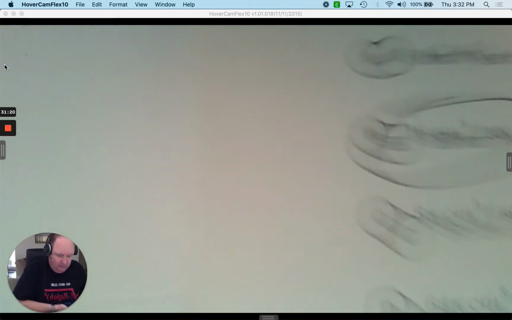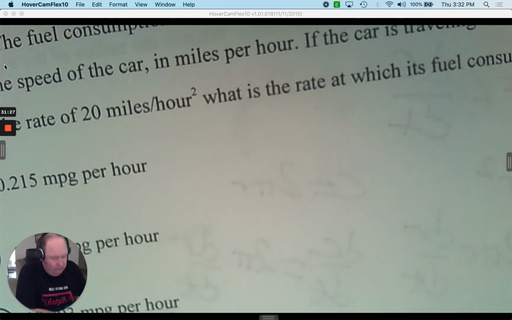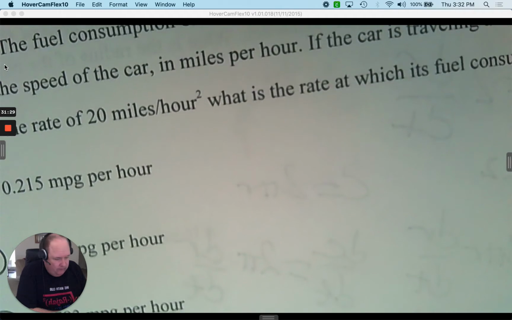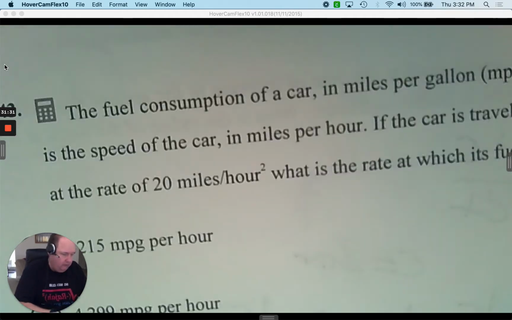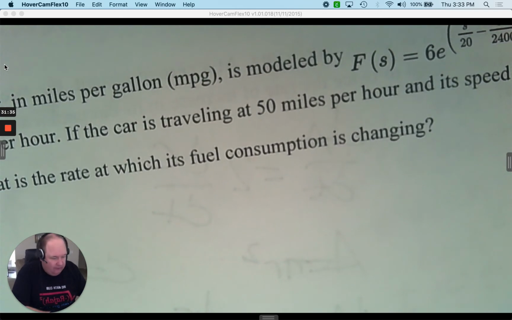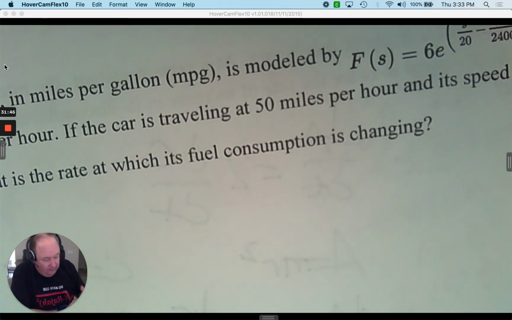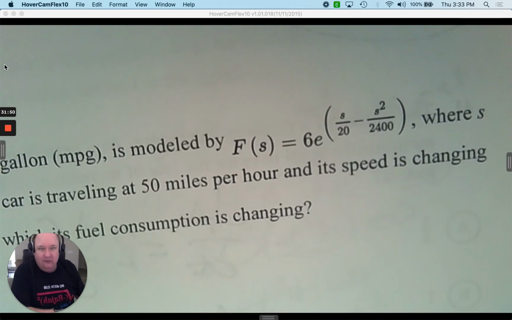Number 43. Number 43 is a calculator question for sure. And so you're given the fuel consumption of a car. So you have fuel and speed. And it says if the car is traveling 50 miles per hour and its speed is changing at a rate of 20 miles per hour squared, that's the derivative. At what rate is its fuel consumption changing? So we need to take this derivative